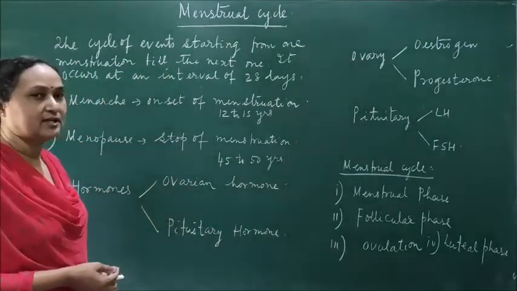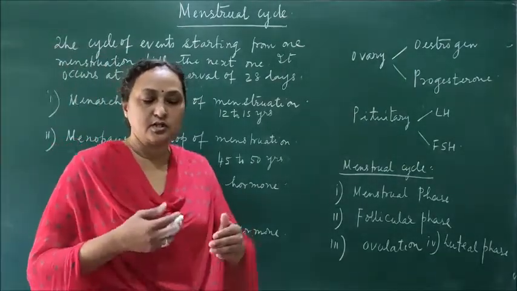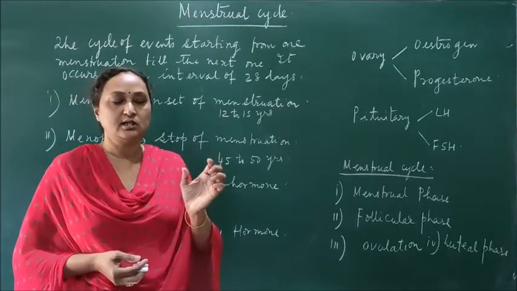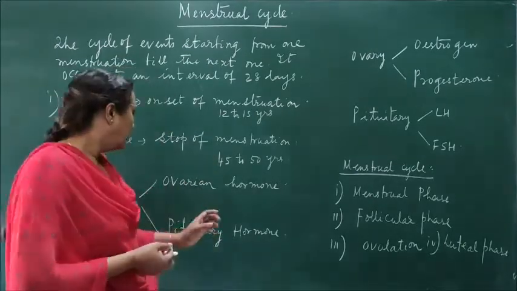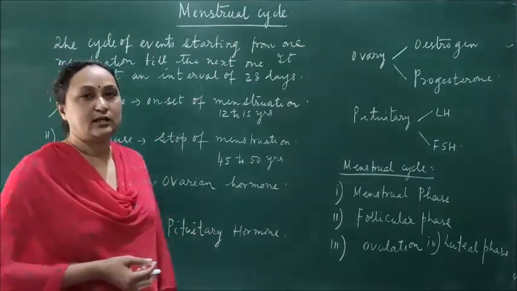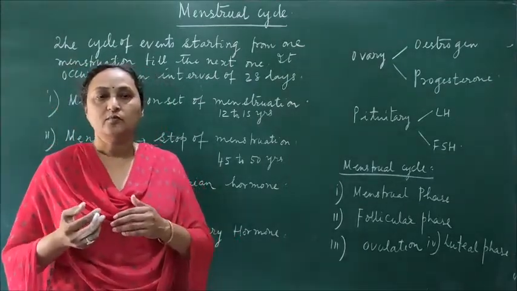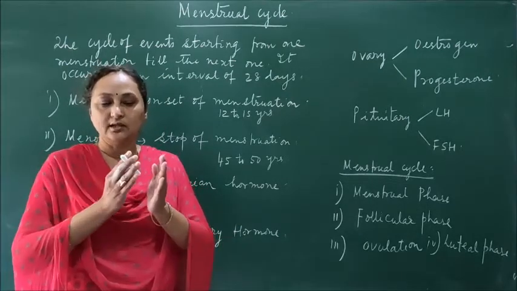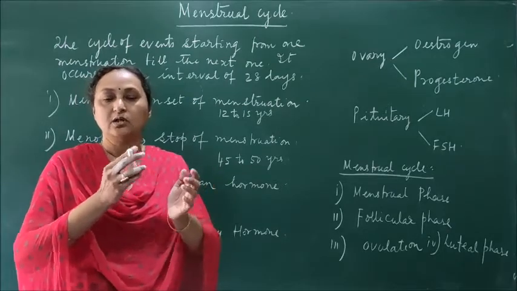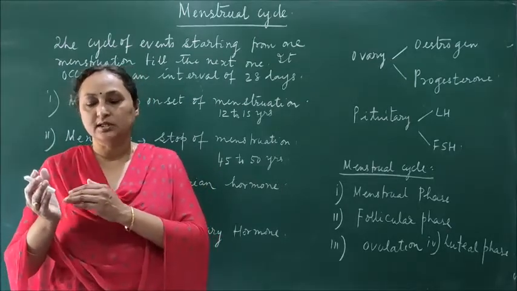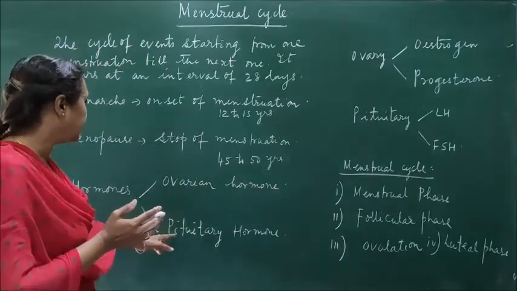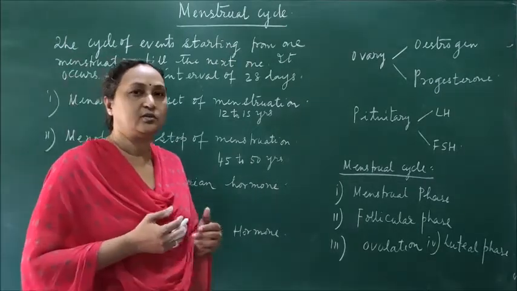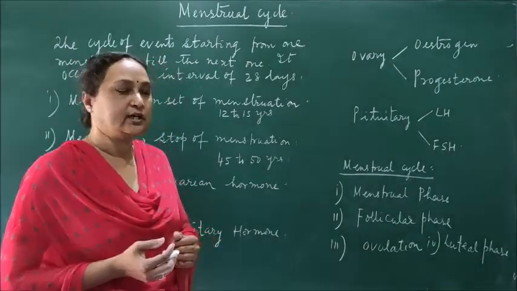You know that the ovary is the primary sex organ. Besides producing ovum, it is also producing hormones. There are two female sex hormones, one is estrogen, another is progesterone. Whereas the pituitary gland is an endocrine gland called the master gland. It is divided into the anterior and posterior lobe. The anterior lobe releases different hormones, and similarly the posterior lobe also releases different hormones. So the pituitary gland and the ovary produce the hormones, and under the influence of the hormones the menstrual cycle operates in the human female.